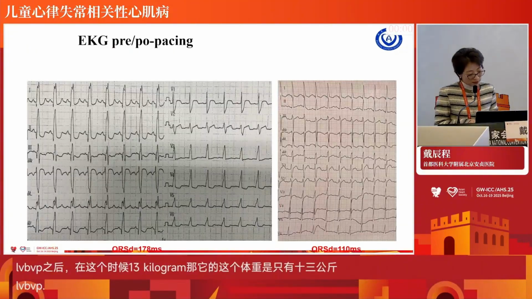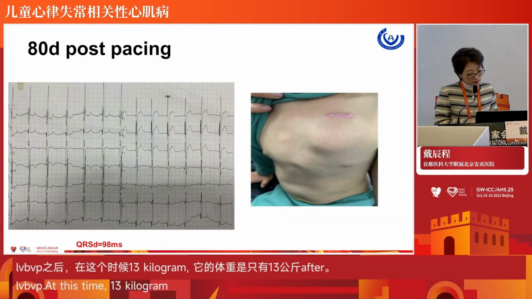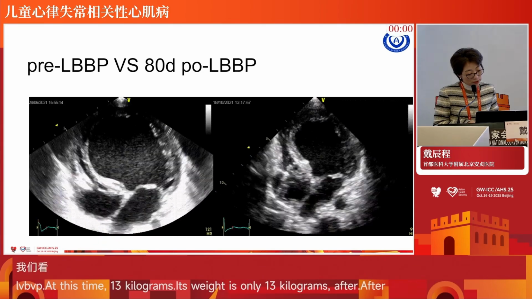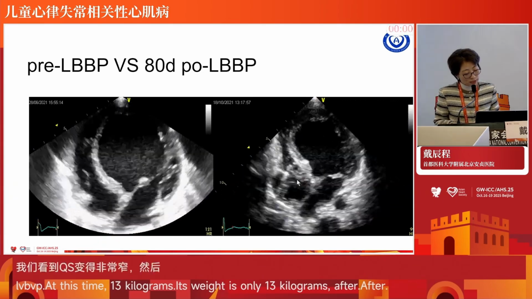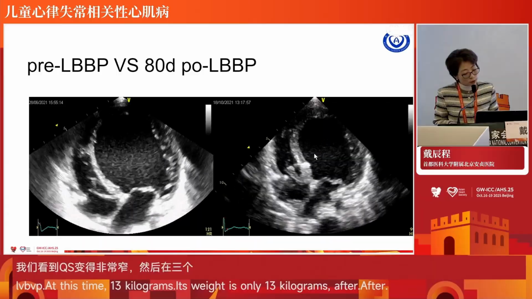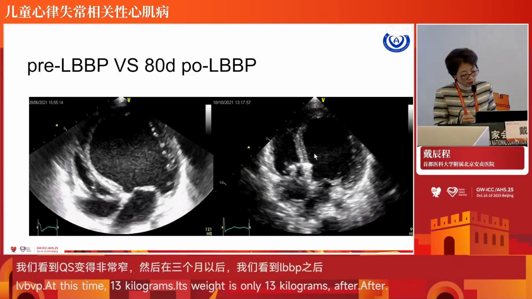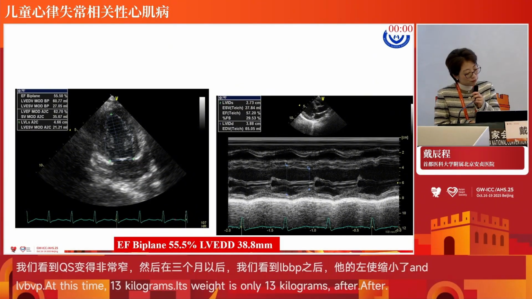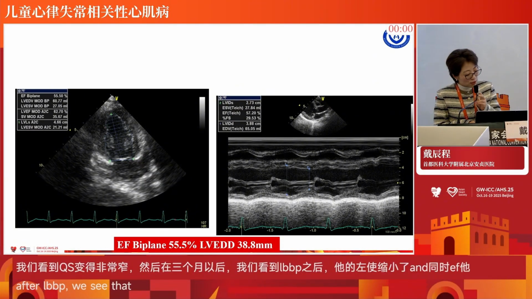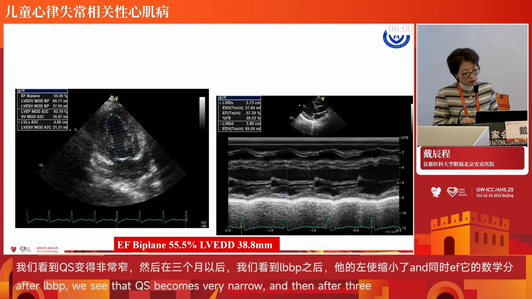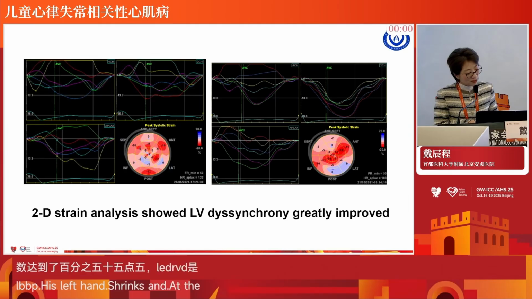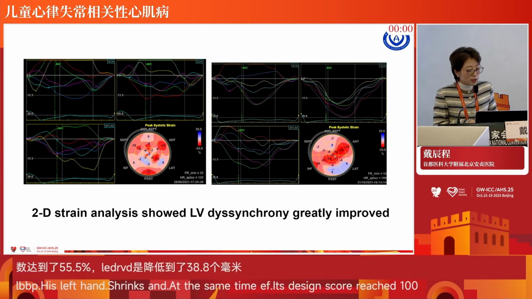After LBBP, QRS is very narrow, and about 3 months after pacing, we can see the left ventricle decreased, EF was 55%, and the LVEDD is 38 millimeter. The synchrony is enhanced,